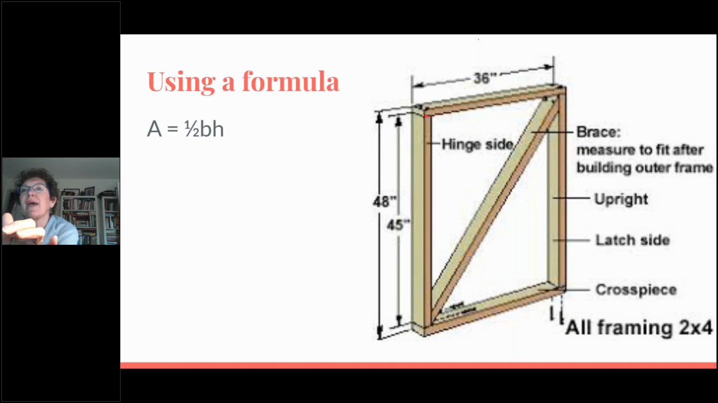Let's say we wanted to measure the area just for the outside, from top to bottom, outside here to here, then we would use the 48. But if we wanted to put some glass in here, like this is going to be a window, we would measure the inside, 45,